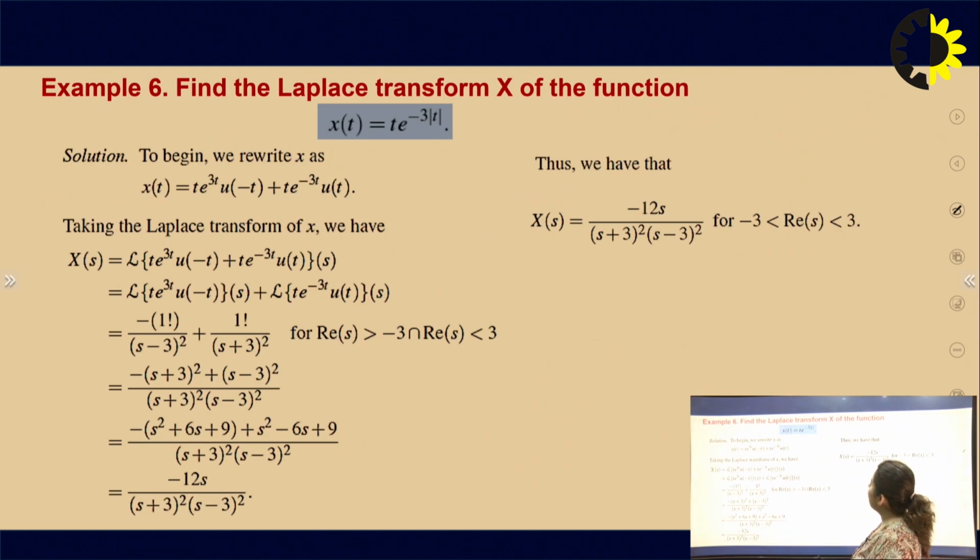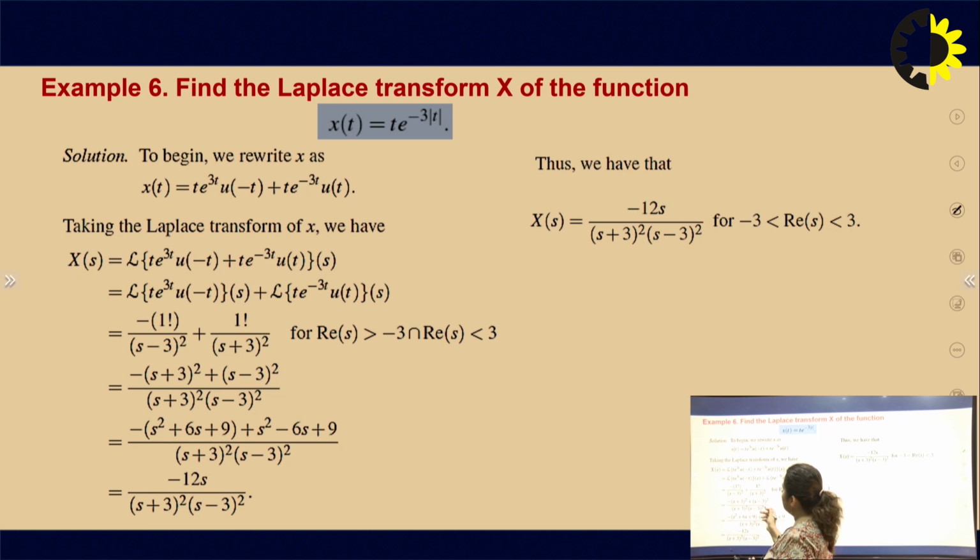Now we have to find out the transform, that is x(t) equivalent to t e to the power minus 3 mod t. We can write this expression as t e to the power 3t u of minus t plus t e to the power minus 3t u of t, because for t less than 0 it becomes plus and for t greater than 0 it remains the same. Taking the Laplace transform of t e to the power 3t,